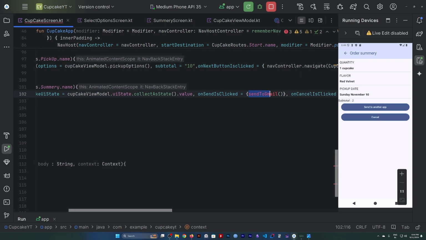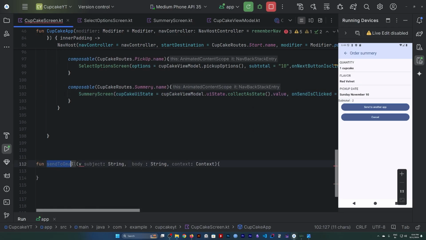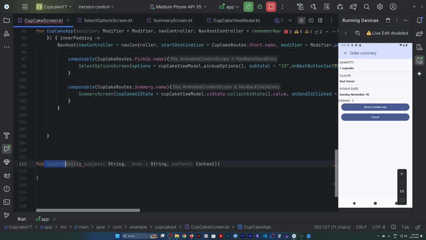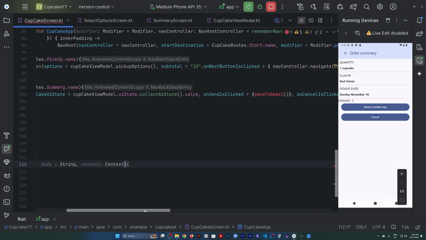Send to Gmail. Let's copy that. Okay. What is this garbage? Send to Gmail. Paste it. There we go. So to get the context,